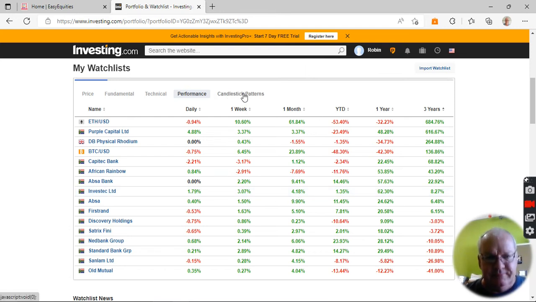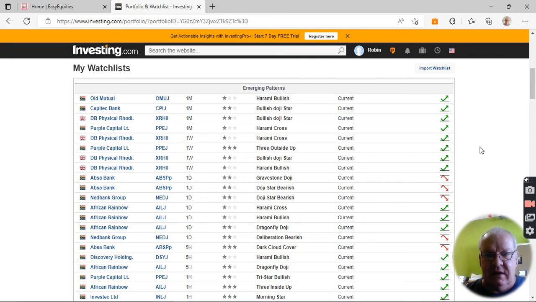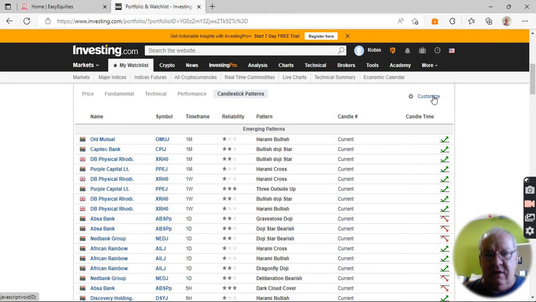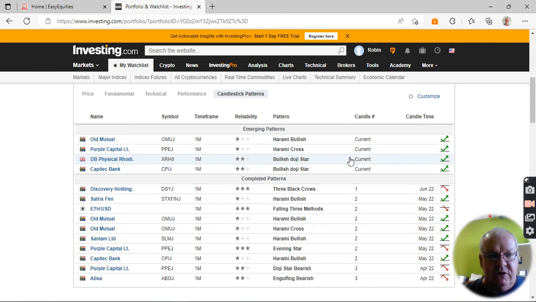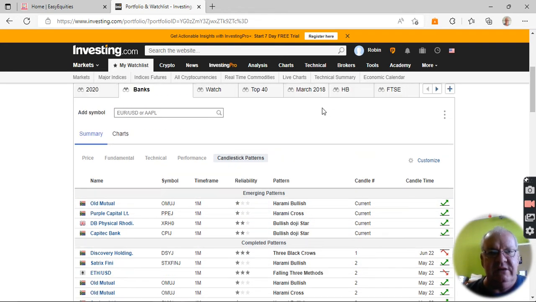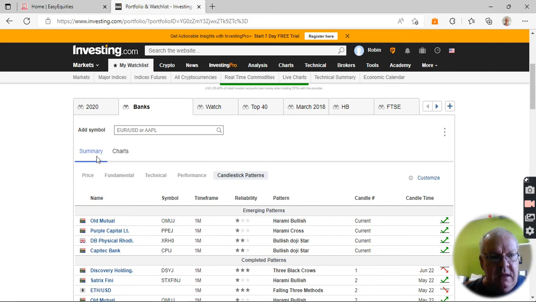You can have a look at all these things. And the last one is candlestick patterns, if that's something that interests you. Again, you can customize it to give all of these different time frames. Not really interested in all of those, but you can play with these if you're really interested in it. But just looking at the last month, this is what they say. And if you're interested in candlesticks, you can look at the Harami cross and the 3 black crows, etc., etc. I'm not interested in that. So there's